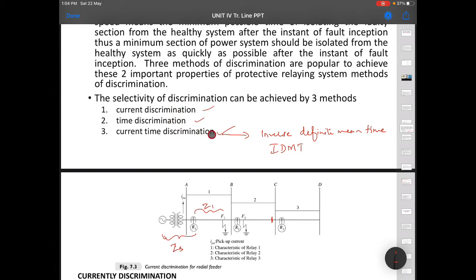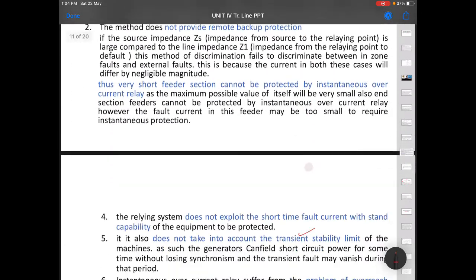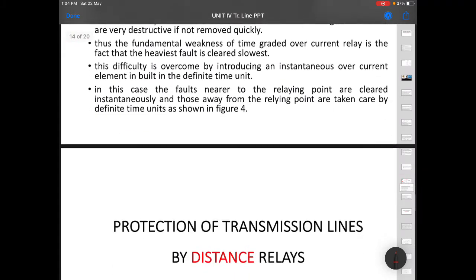Here inverse definite time has been combined. Then we will practically achieve what we really want. What we really want is, when there is high current, it should take less time. When there is less current, it can take more time to isolate the faulty section.